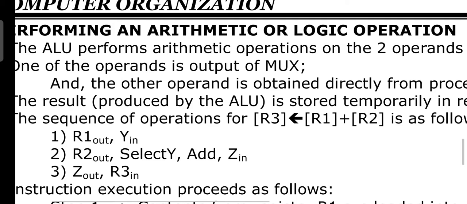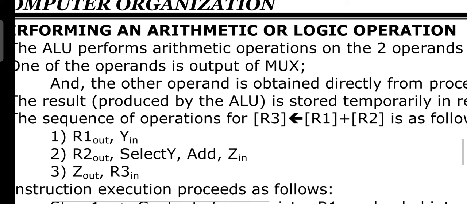Now add R1 comma R2 comma R3 actually involves 3 steps. What are those 3? Here the first step is you have to access the data. Let me brief it again. You have to fetch the data from R1, or read the data from R1, and place it onto one of the intermediate registers to perform the arithmetic and logical operation. So it is placed onto Y by activating the signal R1 out followed by Y in.